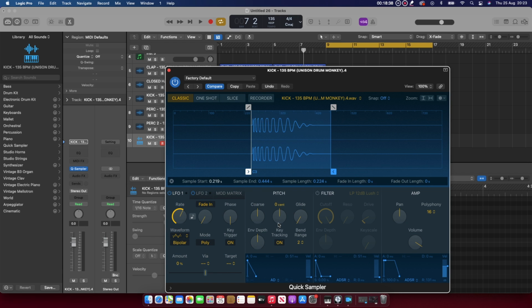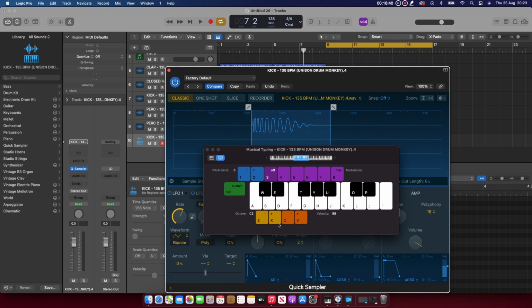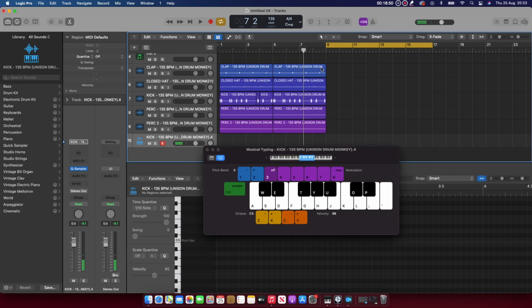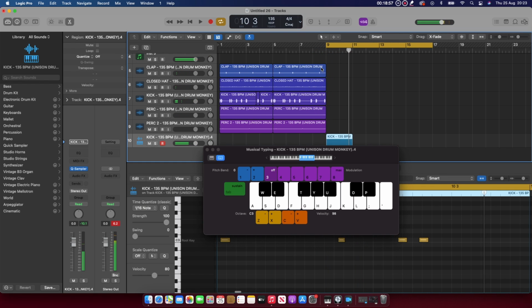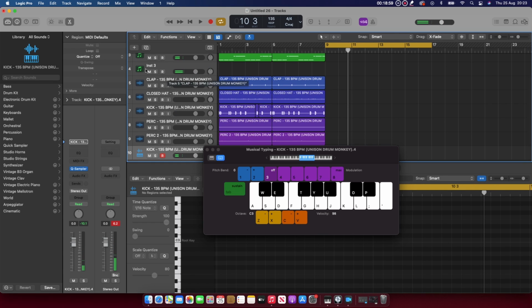But now, in fact, if I press Command K, there you go. If I go up one, there you go. So now if I wanted to on the next section, I could go, hang on. So okay, Drum Monkey does the same thing. I don't know why all these plugins seem to just carry on playing even when you don't want them to. So if we go,